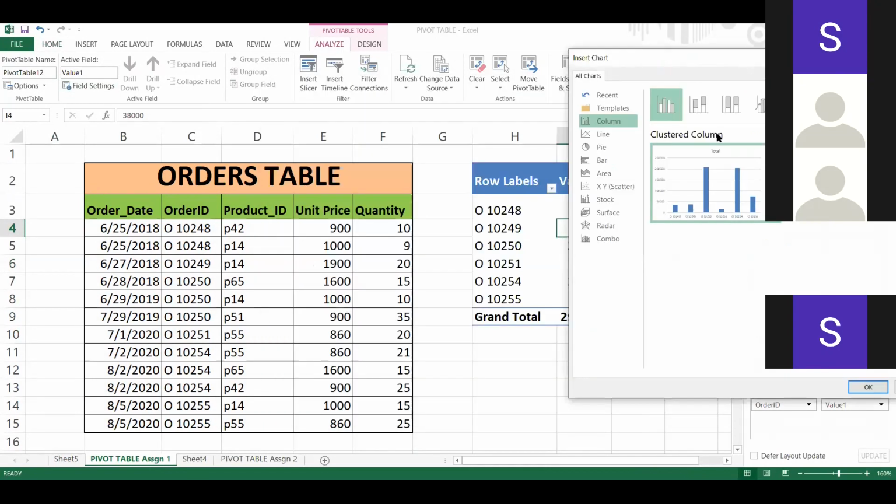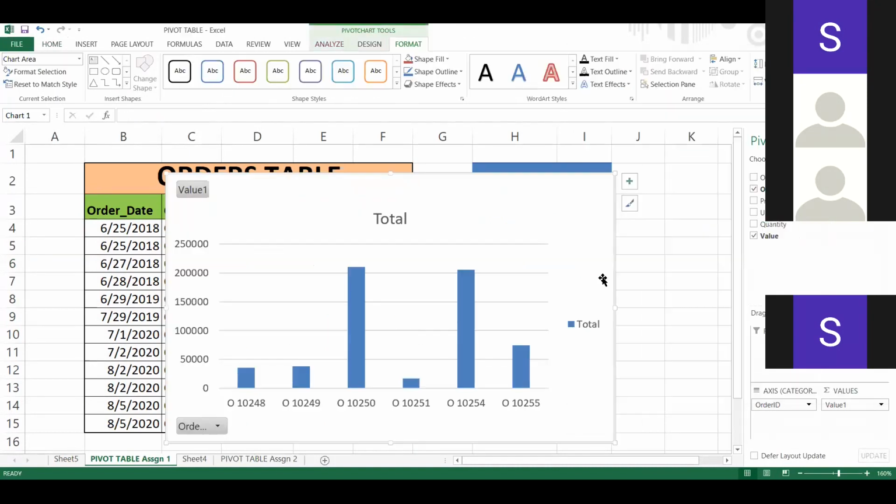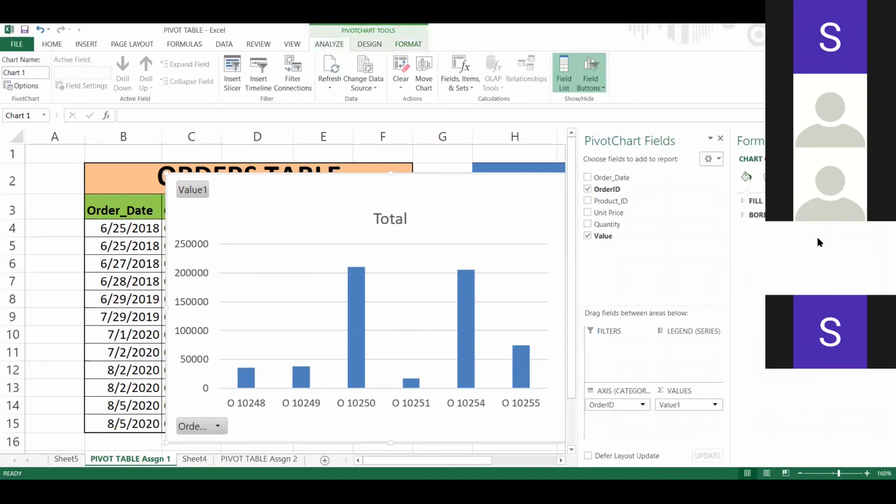Pivot chart will give you one column chart, and once the chart is there, you can do whatever you want in whatever manner you want to display it. You can change the color, you can change the type of the chart.